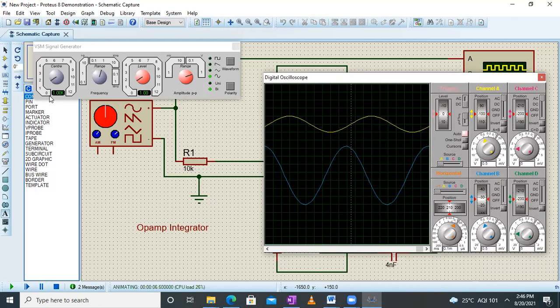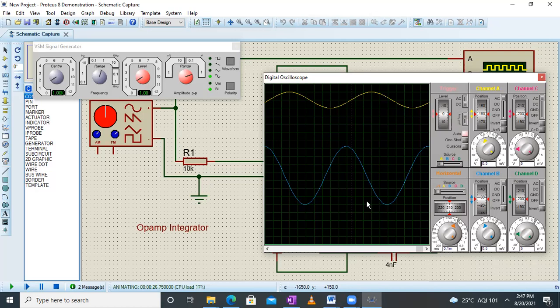Right now we have set the frequency at 1K, and the input is going to remain the same. Input is around 0.5 volts per division, with two divisions. Don't bother checking the input waveform again and again, because it is a constant value. We only have to concentrate on the output, connected to channel B, the blue waveform. Let's check the output amplitude.